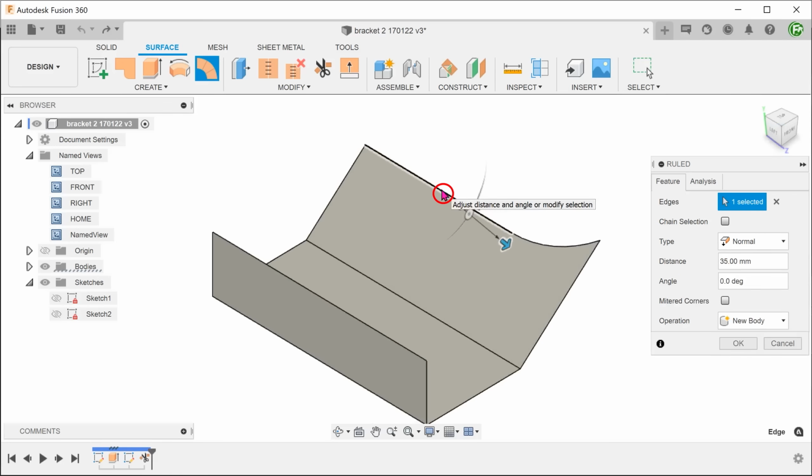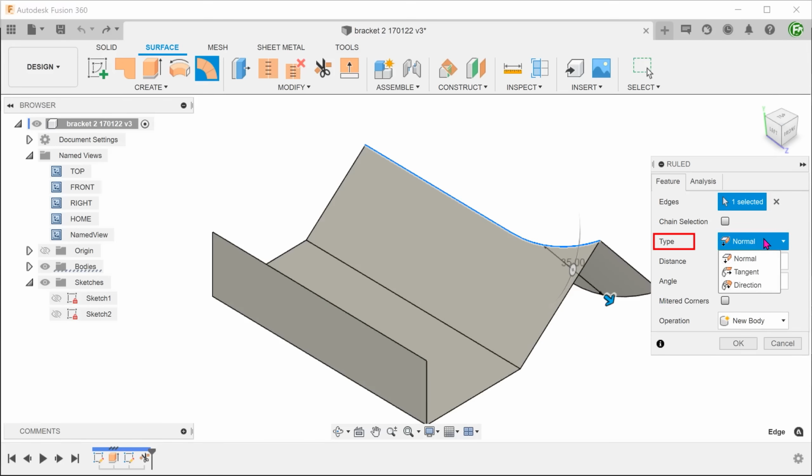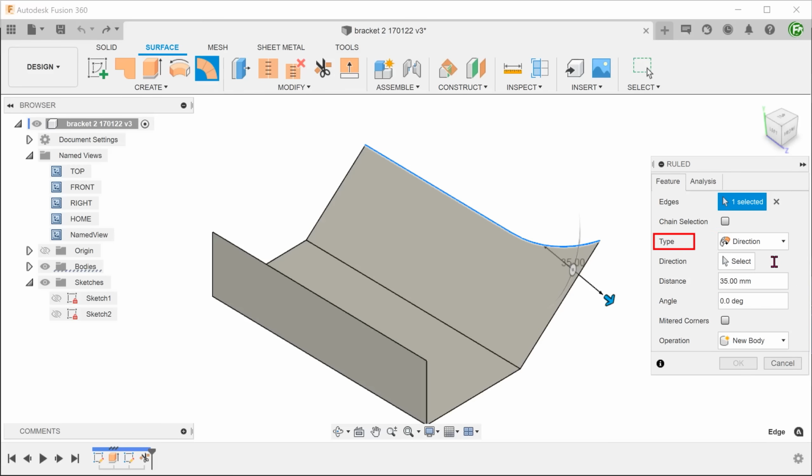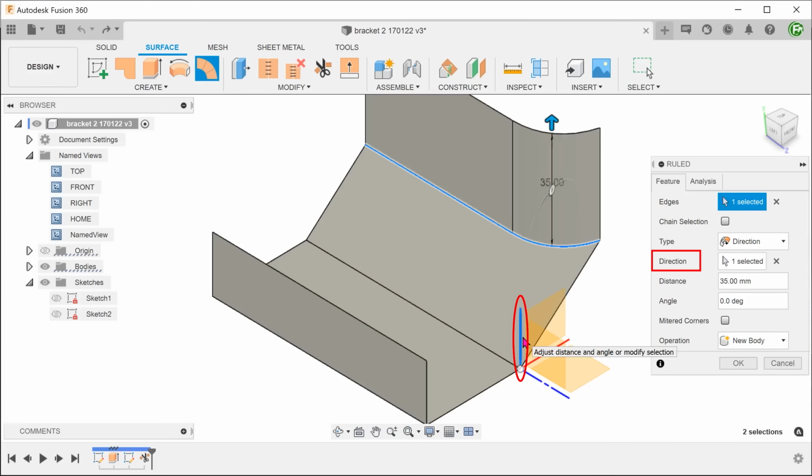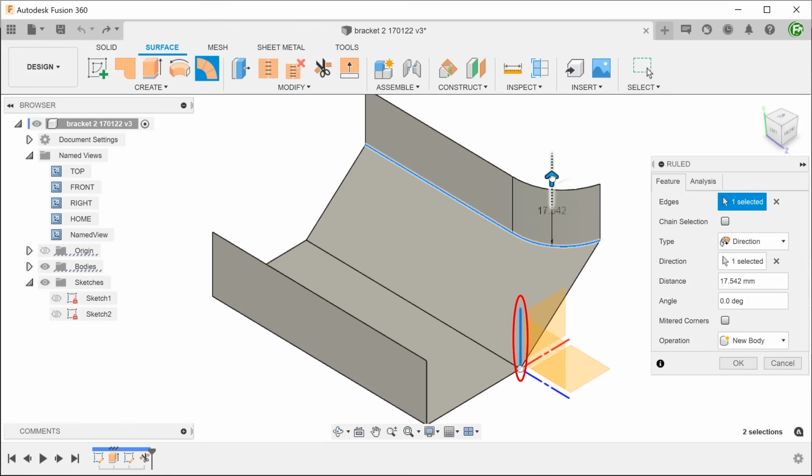Select the straight edge and the arc. For type, select direction. We want the route surface to be parallel to the vertical axis, which is the y-axis in this case. Click on the select box for direction and select the y-axis. Adjust the distance.